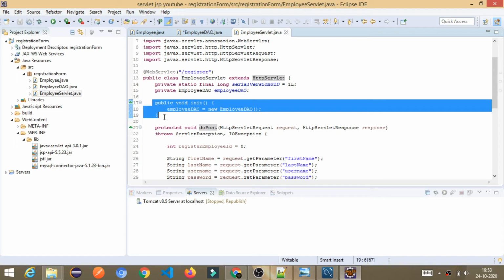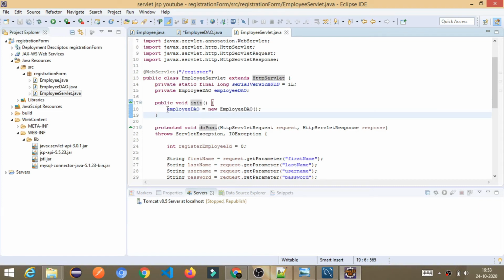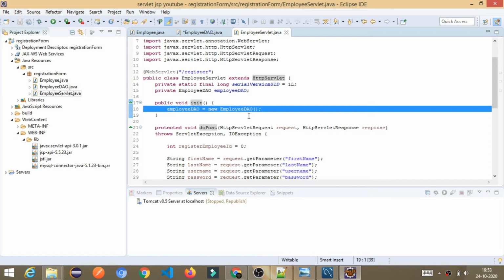Once any HTTP request comes for the very first time, it will initialize whatever we declare here, and it will create the object of the employee DAO. It will be called only one time.